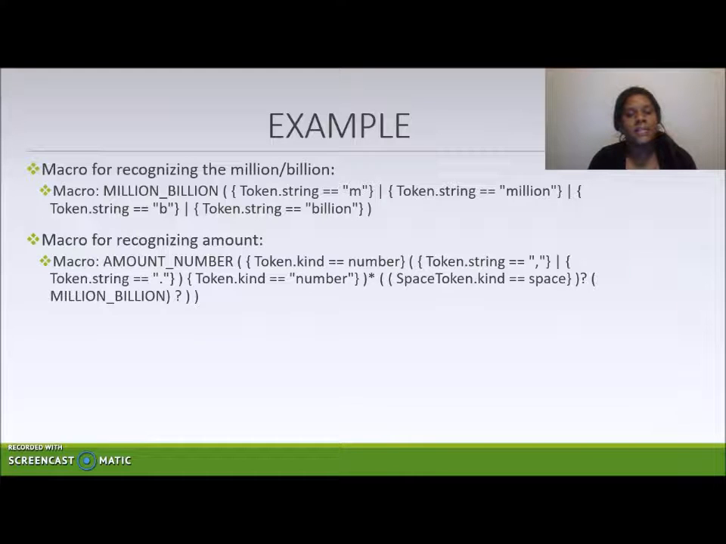The macro for recognizing million and billion: macro billion with a token string M, token string million, and token string B, which stands for billion. The macro for recognizing amount is AMOUNT_NUMBER, for a token whose kind is equal to number. A token whose string is the comma will represent the amount. The token string also equal to the point will recognize the decimal symbol, 0.00. And also there's a space in between the 800 and